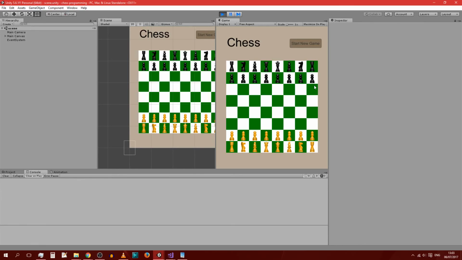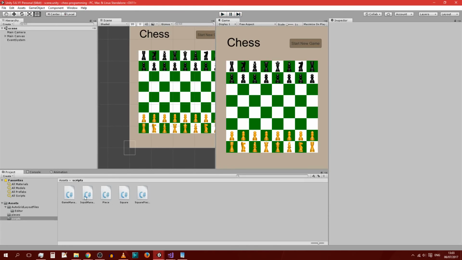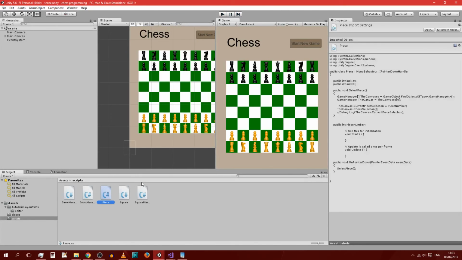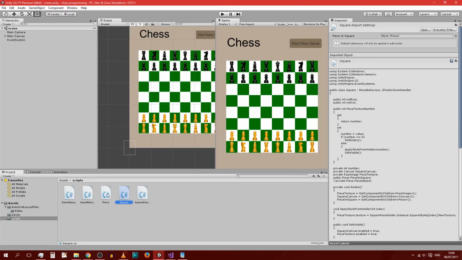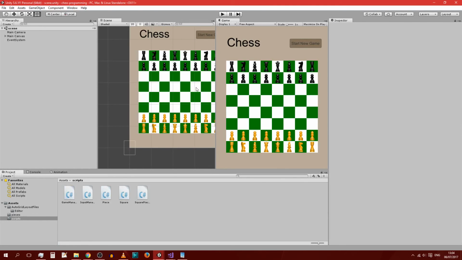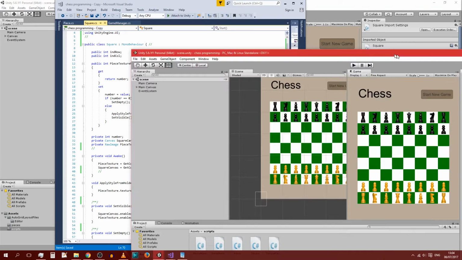And although this again might seem quite easy, it's slightly more difficult than it seemed at first, and you will see why. So today we are also going to be actually using the piece script and improving it. As you can see, this is what I have changed in it, but you don't exactly know what it does yet from just what is given here, because I had to change stuff in the game manager and the square. And so yeah, that's going to be the introduction, and now let's get started and go back to our project